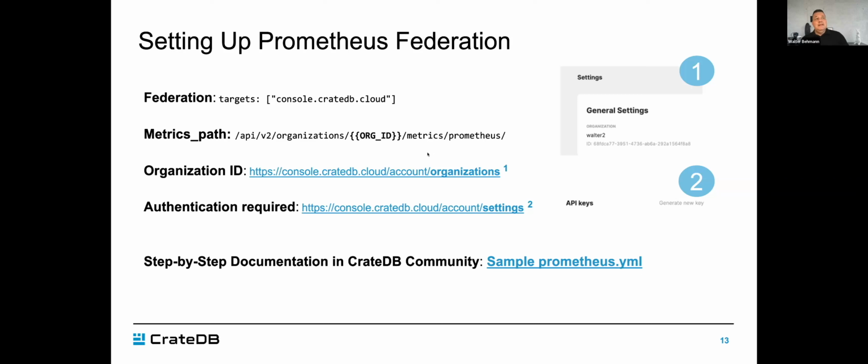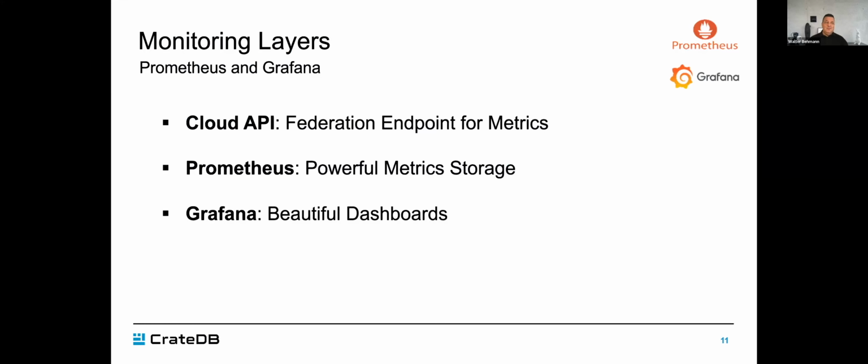Let's talk a minute here on the slide about what's important for setting up Prometheus. Let me go back to the Cloud API for a second. Cloud API is basically the first layer that we need to take care of. I already showed you where you can get the API key for your user, and I showed you the organization ID. Everything else is already there. So you just need the organization ID and an API key, and you are good to go to connect Prometheus to